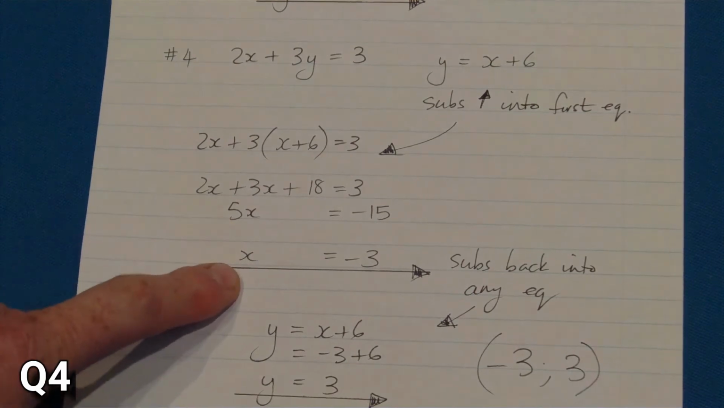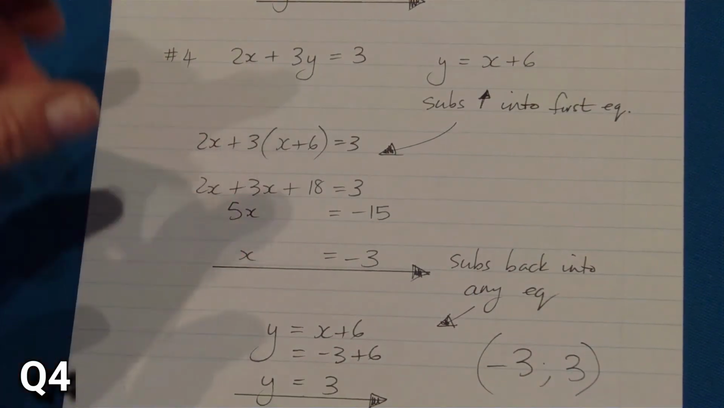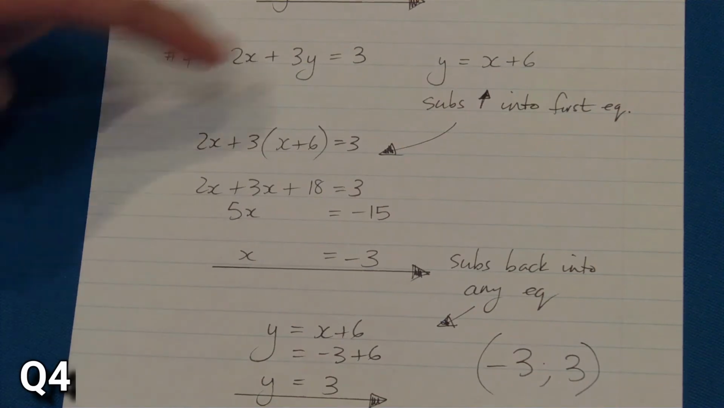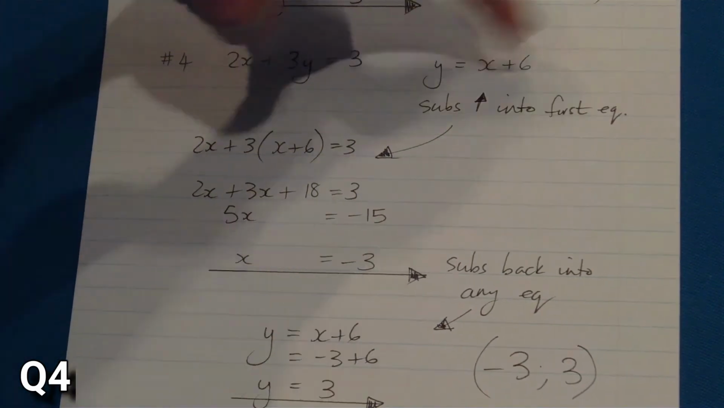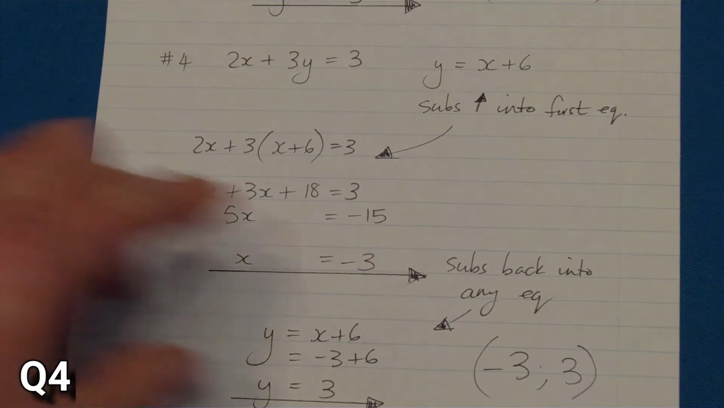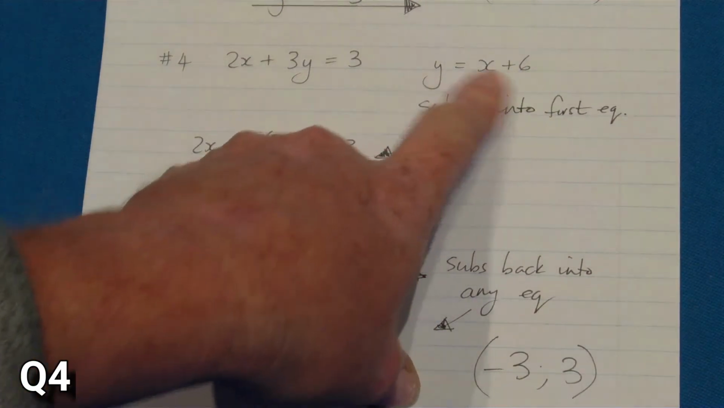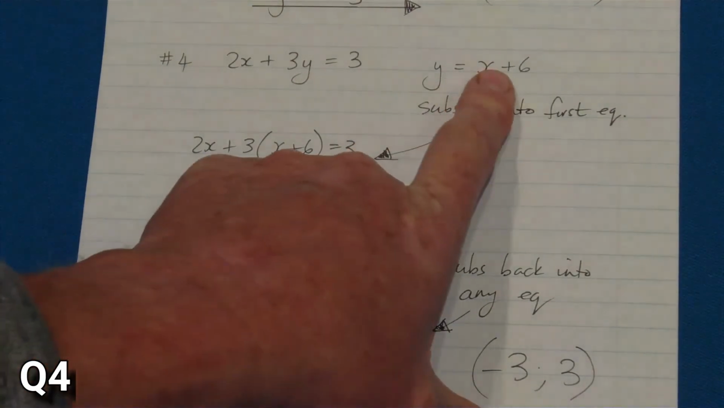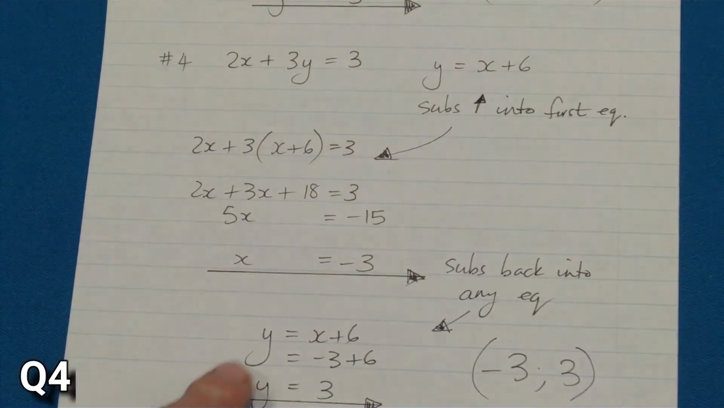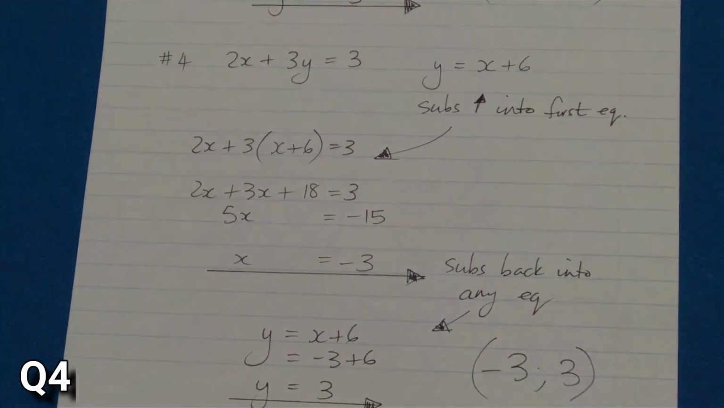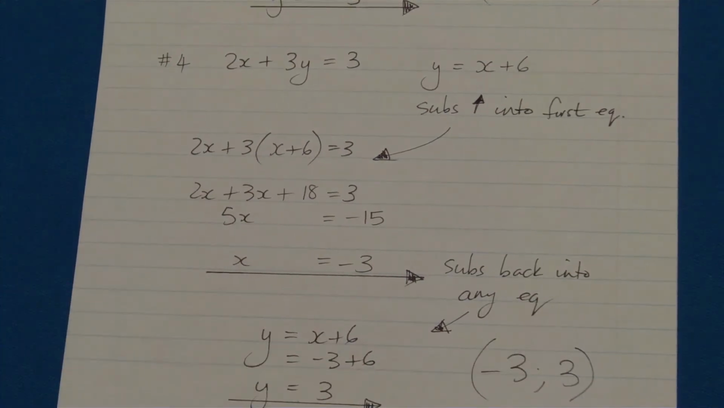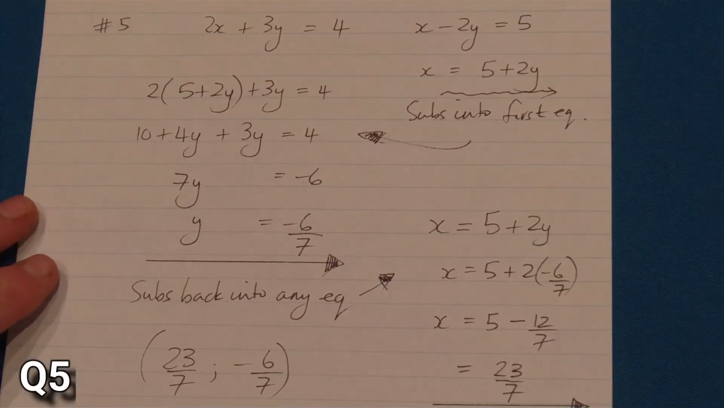Once you found the x, you can put that back into any equation. Okay, so it can go back in there, it can go back in there. Obviously this is a much simpler equation, and we're looking for y. So I put that x is minus 3 back into this equation there, and very quickly minus 3 plus 6 is positive 3. Alright, and again they wanted the coordinates, so it's minus 3 with positive 3 there. Number 5,